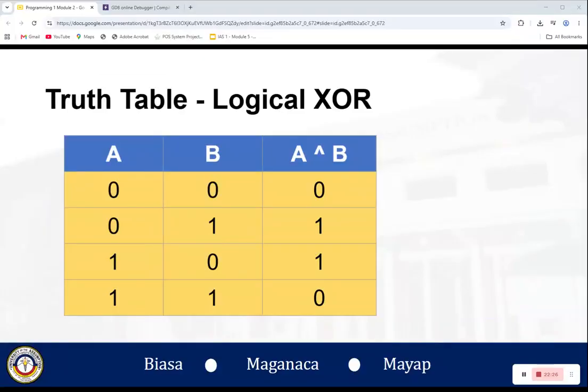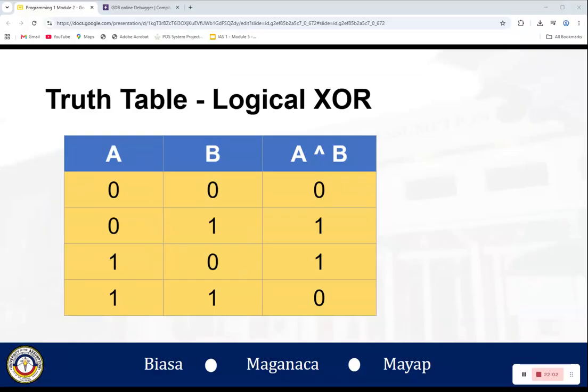The rule for XOR is simple: it returns one only if the inputs are different. Take note.